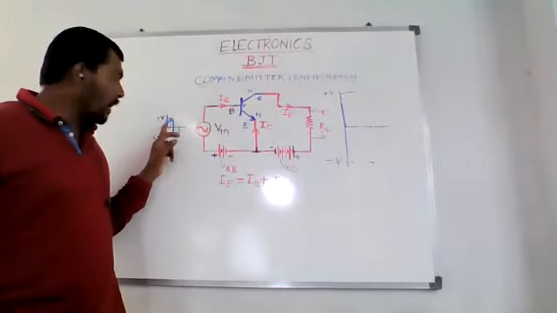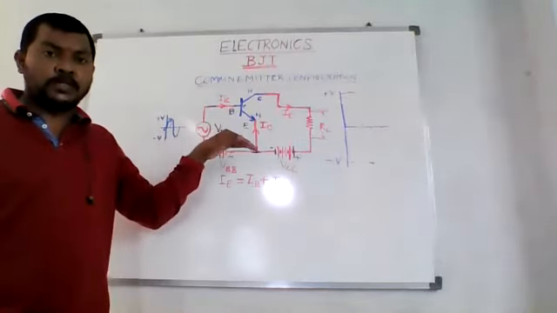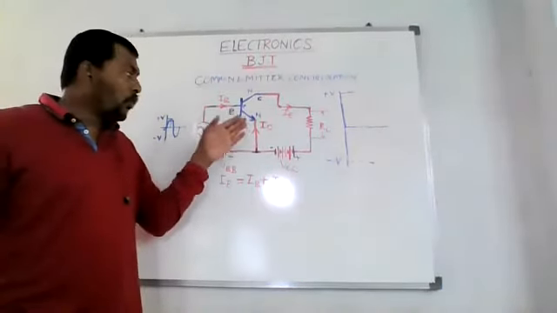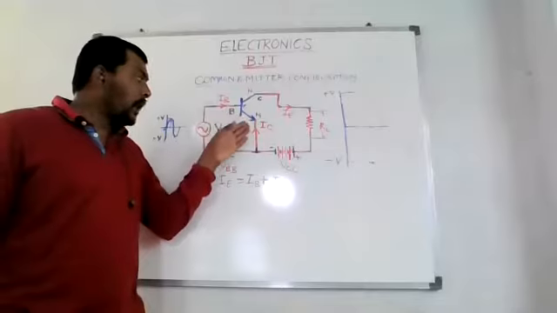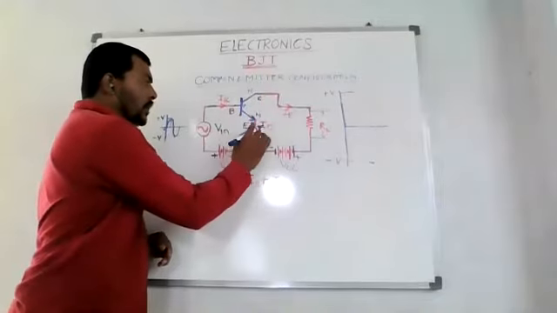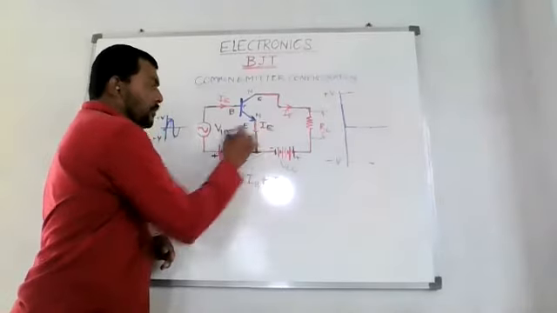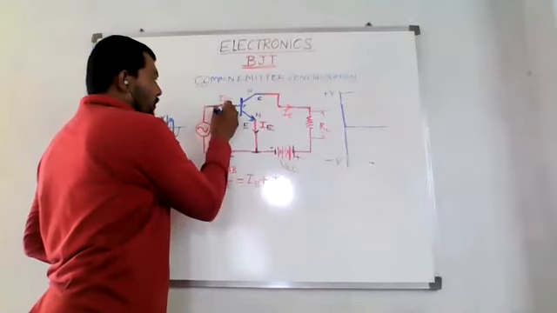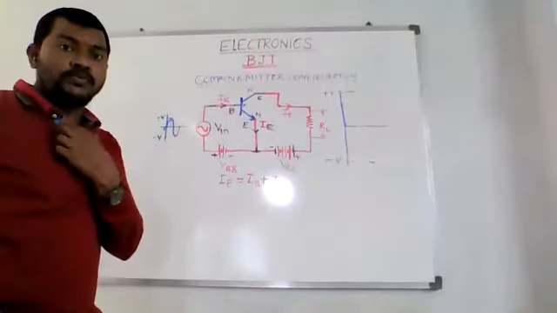So for this positive half cycle, what happens? This emitter base junction will become more positive, right? So this will be more forward bias. As an effect of this, more majority charge carriers from this N type, which are electrons, are going to be induced in this base. So I will have more current flowing through this. So this emitter current will be maximum. This emitter current, the arrow will be in the downward direction. Now this is the emitter current over here, and this is the base current. So IB and IE. IE will start flowing.